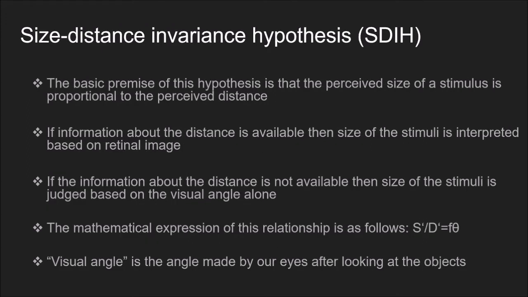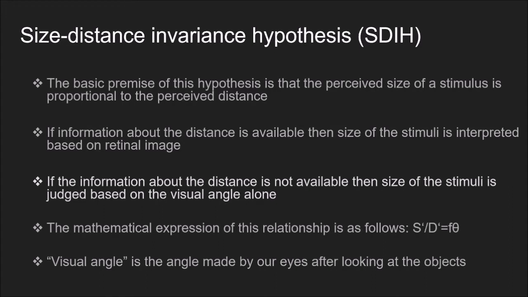Size distance invariance hypothesis. The basic premise of this hypothesis is that the perceived size of the stimulus is proportional to the perceived distance. It further states that if information about the distance is available, then size of the stimuli is interpreted based on the retinal image. However, if the information about the distance is not available, then size of the stimuli is judged based on the